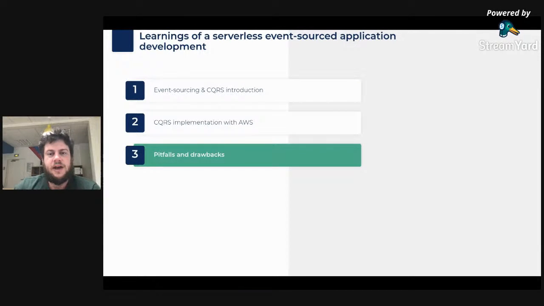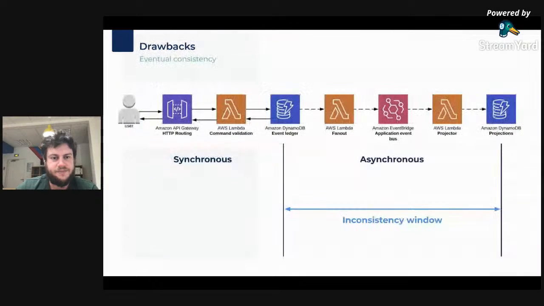To conclude this talk, I will go through 3 different drawbacks that affect event source applications and specifically their implementation in AWS. The first drawback is what we call eventual consistency.